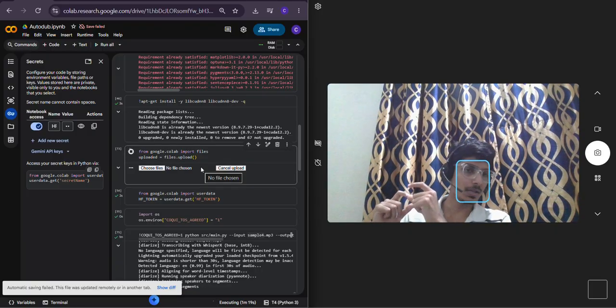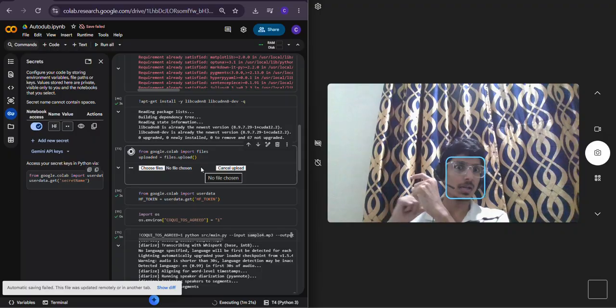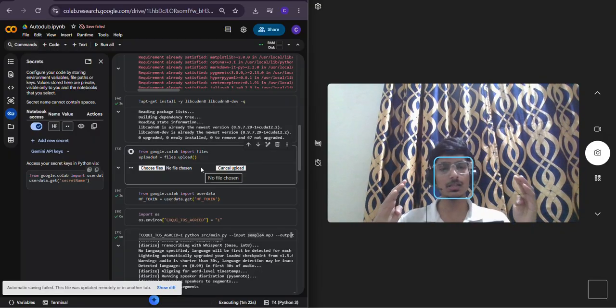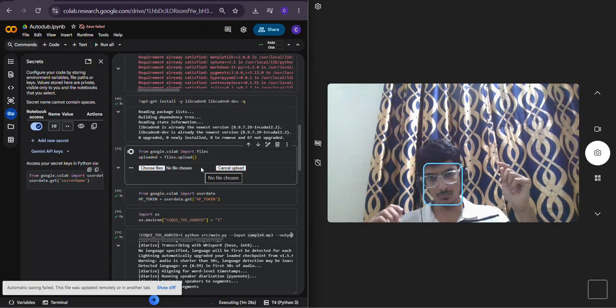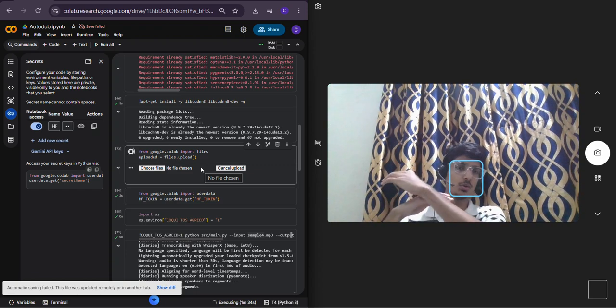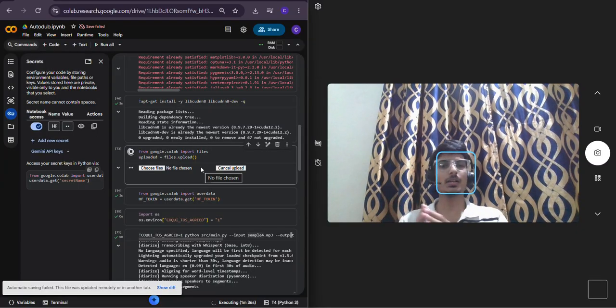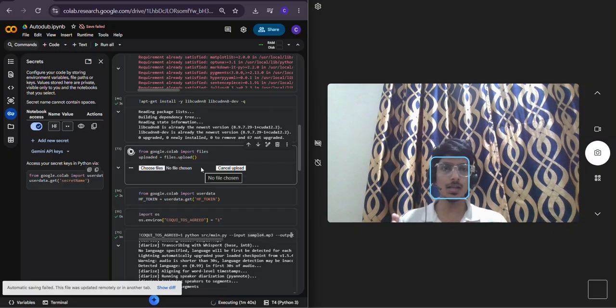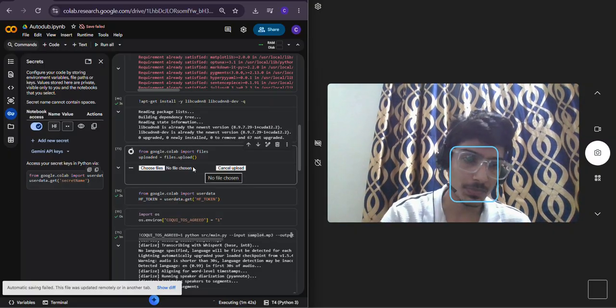If they overlap, like if speaker A overlapped on speaker B, it will recognize the audio of speaker A and speaker B, and frame the whole sentence in a way that it feels like it was dubbed from English to Hindi, but also in the voice of the original speaker.